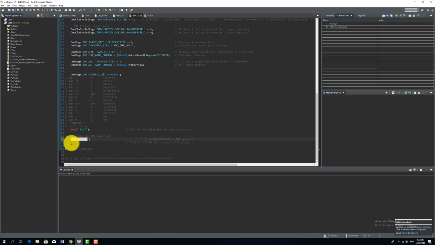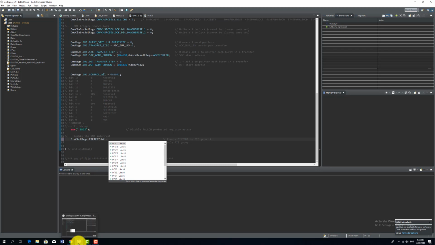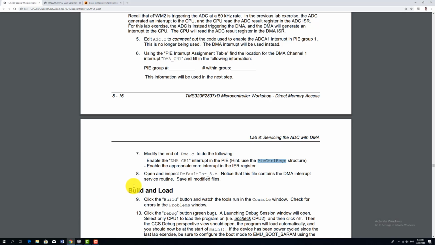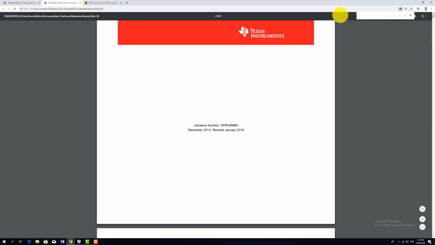Followed by that is your group number, which is PIEIER7, and then bit, and then interrupt. Just now we said that the interrupt value for DMA channel 1 belongs to interrupt 7.1. We have to locate now the PIE